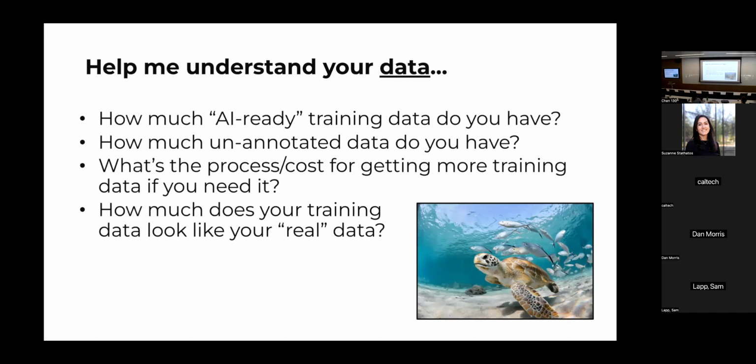And then lots and lots of questions about data. Of course, if we're talking about a traditional supervised learning problem, always ask, how much data do you have right now that's already labeled and at least kind of AI ready? I don't know how I landed on this wells and satellite images example for today, but let's go with it. Are you sitting on, oh, I have 50,000 wells with clearly defined points on them, and I have the satellite images all well organized in a directory somewhere? Or is it like, I've kind of just got started with this problem and I don't really know what training data is yet? So really understand the distribution of the data, both annotated and unannotated, that they have, and then try to feel out what the cost is for getting more training data.